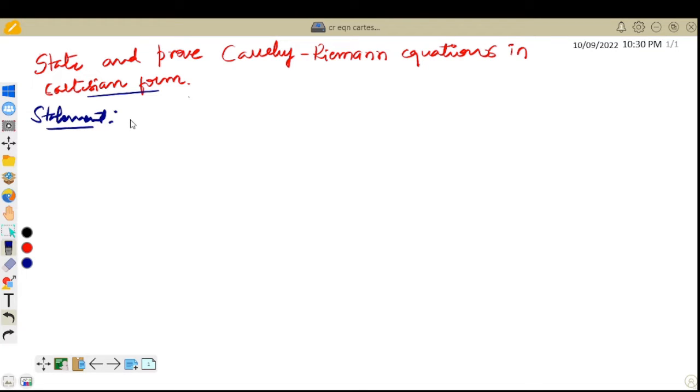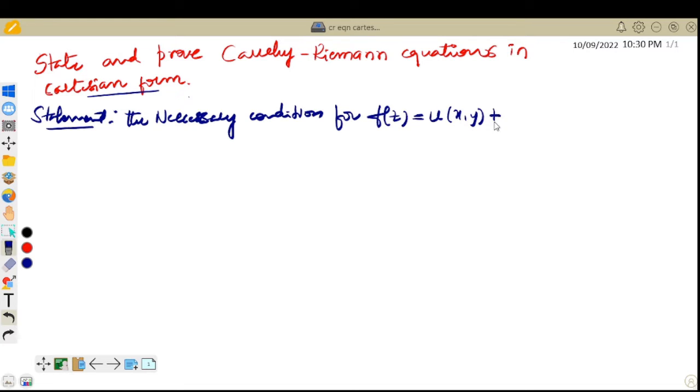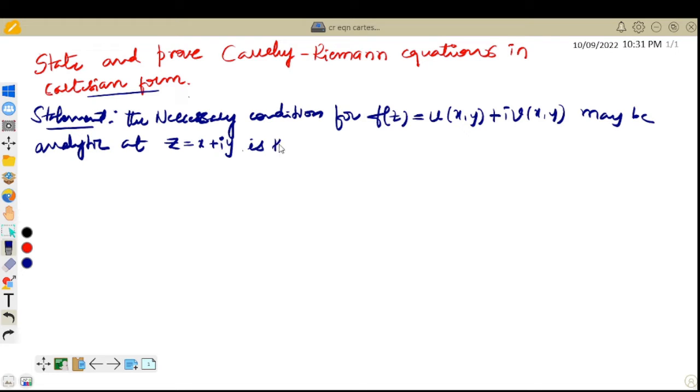The statement is: the necessary condition for f(z) = u(x,y) + i v(x,y) to be analytic at z = x + iy is that there exist